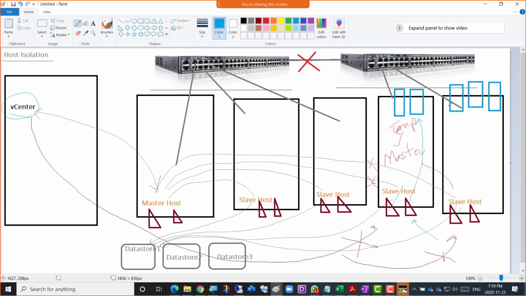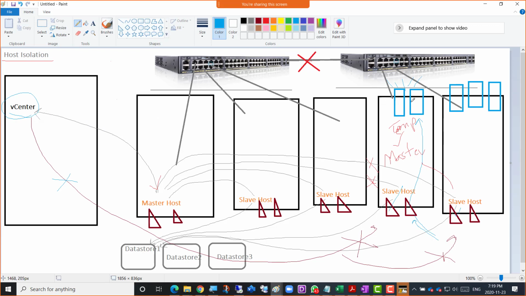So that's the first thing we need to understand, that normally a physical host has multiple network cards. One network card is responsible for connecting us to the vCenter. The other network card is responsible for the end users to connect to the virtual machines. So if there's a host isolation, it's not compulsory that the whole host is gone, it is crashed. It may be that your connection to the host is only lost, while the end users are still connecting and using these virtual machines. In that case, what you want vSphere HA not to do,